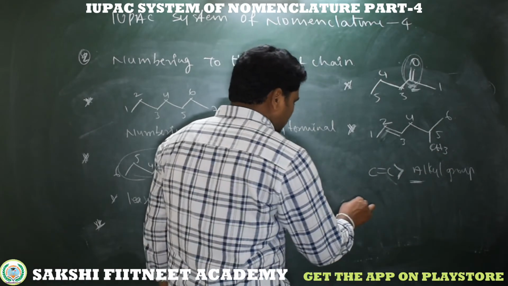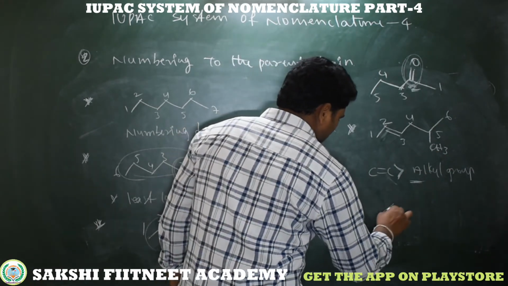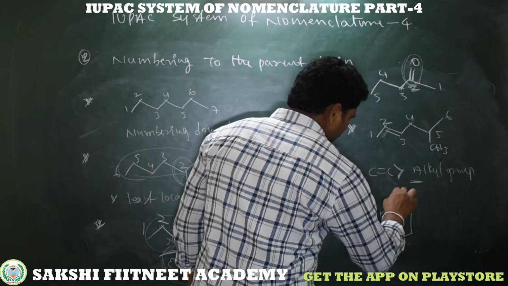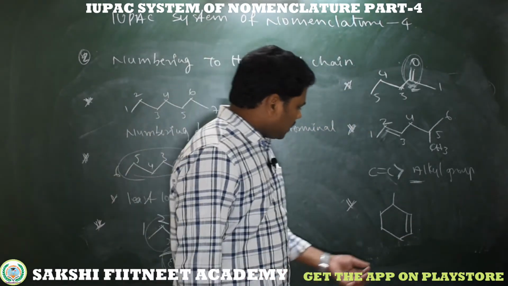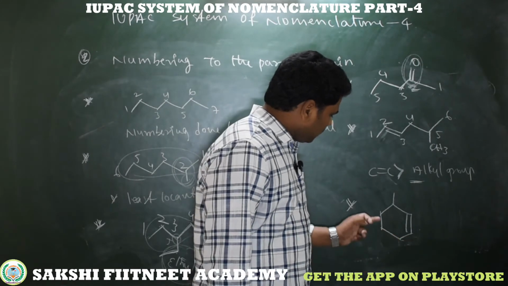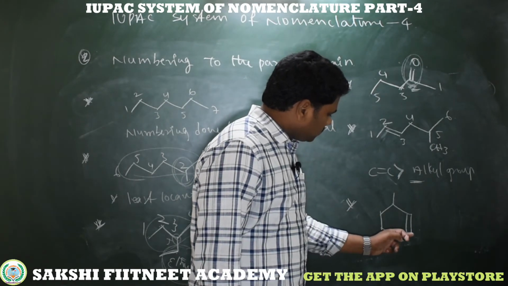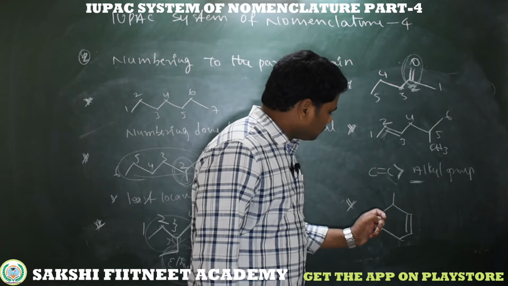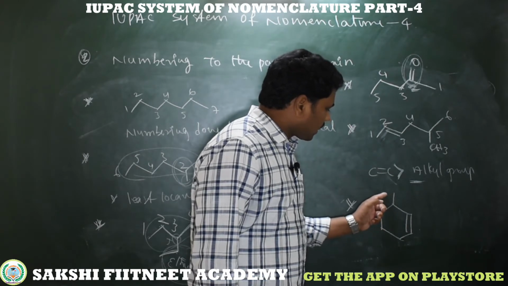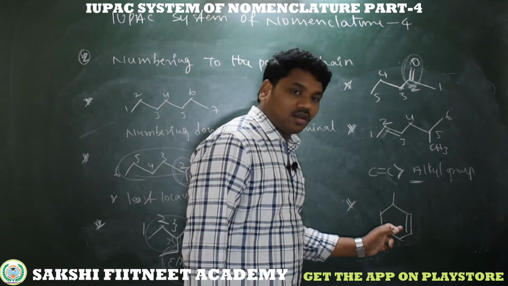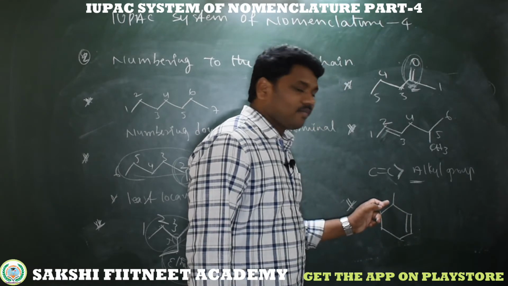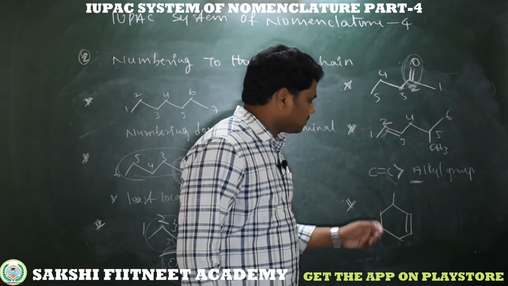Here I am taking another example. If this is the compound, so this is a compound. So from where should I start numbering? See, sp3. See, the carbon to carbon double bond is higher priority compared to the alkyl group. So first we need to cover these sp2 carbons, then go to the next priority group.